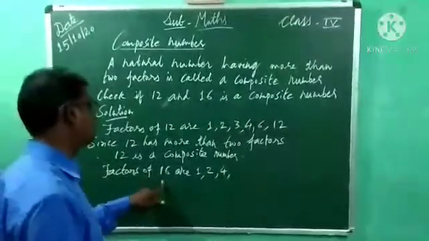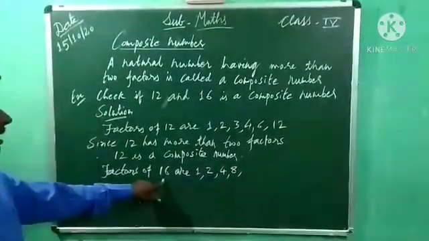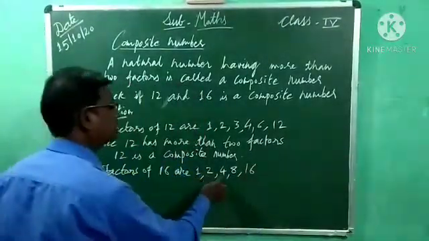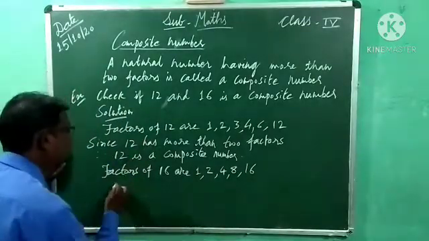6 also not, 7 also not. 8 twos are 16, 8 table getting. 9 not, 10, 11, 12, 13, 14, 15 not, and 16 we are getting directly here. So 1, 2, 4, 8, 16. How many factors are we getting there? 5. Since 16